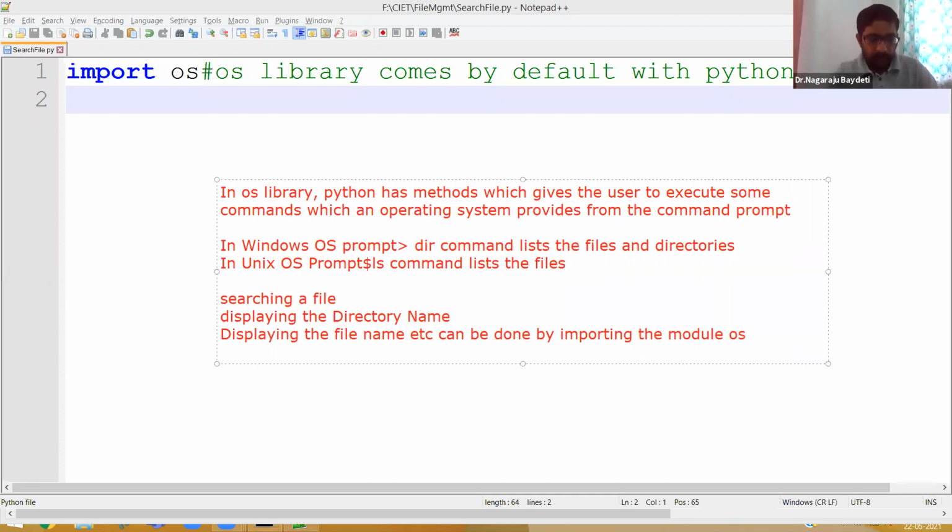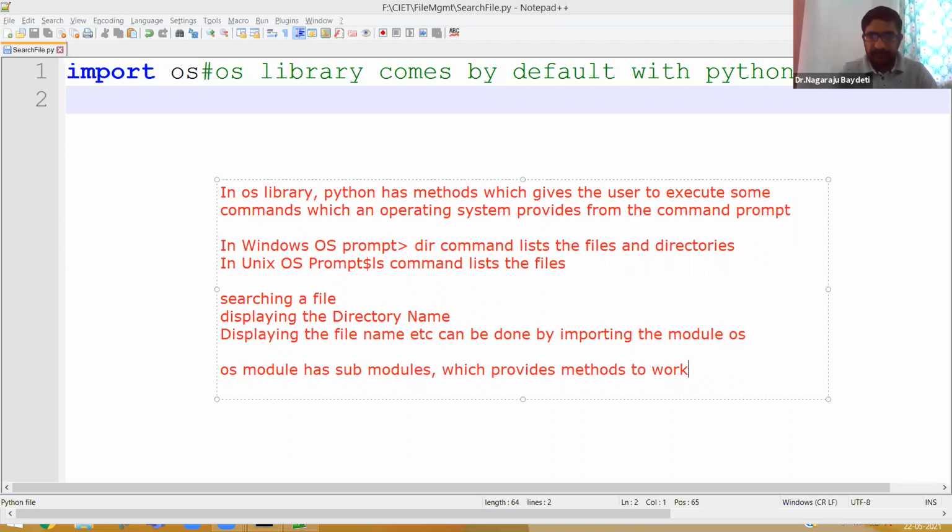The OS module has submodules which provide methods to work with commands from the command prompt.